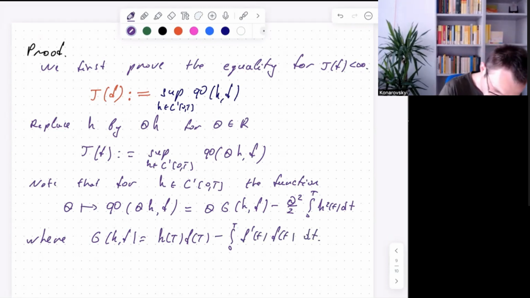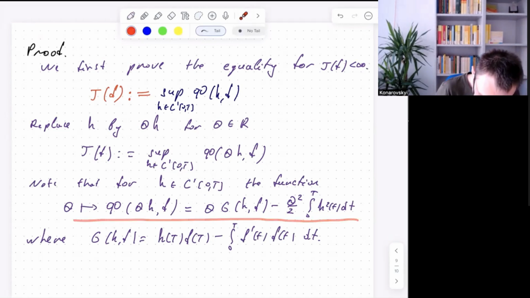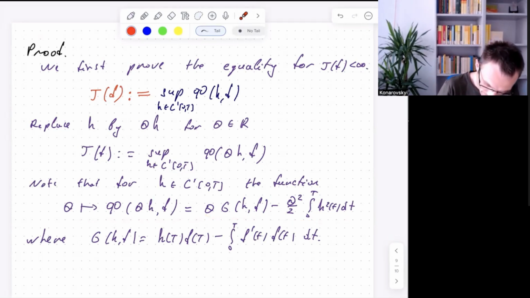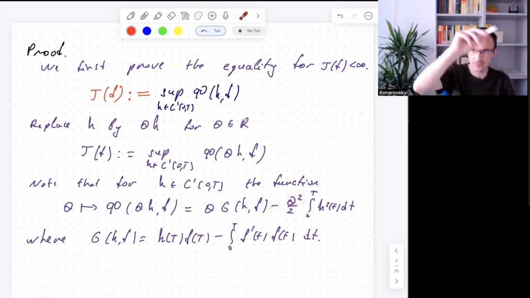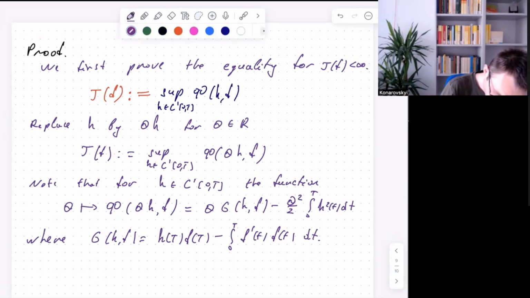And then look, the function which is here, it is for fixed h a parabola with respect to theta. Moreover, this parabola, you see that here this theta square is with minus, so therefore the parabola looks like that. So it has a finite maximum, and this maximum is reached. So note that the maximum of the parabola is reached